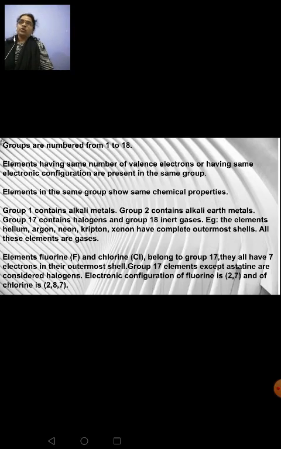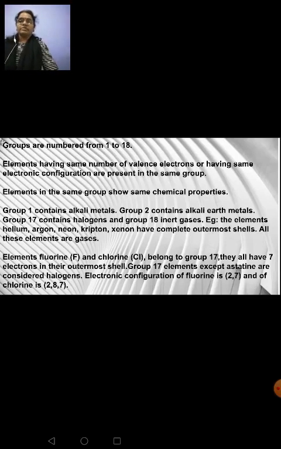Now let's come to sodium. Atomic number is 11, so the electronic configuration is 2, 8, 1, so 3 shells, and the last shell is having 1 electron. Let's talk about potassium. Its atomic number is 19, right? So when you write the electronic configuration of this, again 2, 8, 8, 1, right? So again 1 electron in the fourth shell, the outermost shell. So the shell number keeps increasing, but the valence electron found in the outermost shell of the element remains the same. Hope it is clear to you.